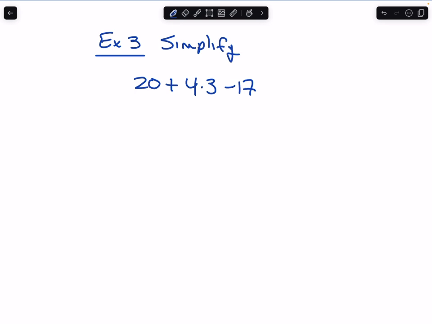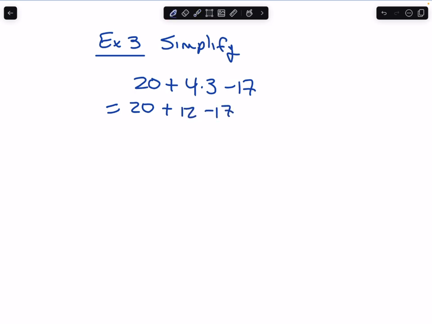Okay, so the first thing that we need to ask is, do we have any grouping symbols? Any parentheses, any brackets? Well, the answer is no. Then we need to ask, do we have any exponents? It doesn't look like we have any exponents in this expression. So we can then move on to multiplication and division. We have an addition, a multiplication, and a subtraction, so we only have the one multiplication here, which is 4 times 3. So we can simplify that to be 20 plus 12,